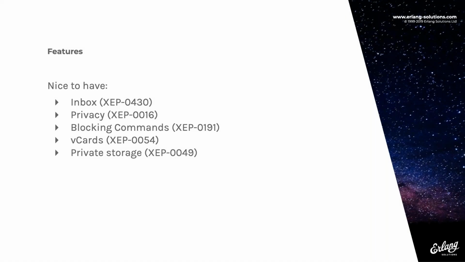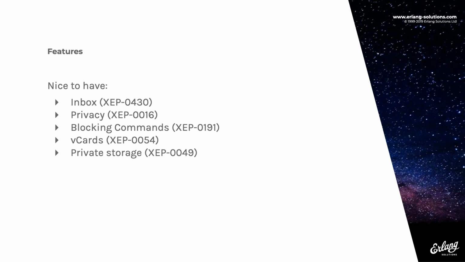There are things that are not strictly essential, but in most cases they are nice to have. Like inbox. Again, if you open a chat client, you usually see a list of your contacts and a marker saying you have 300 messages and the last message is about this or that. So this is what inbox does. It sort of caches this information so that you don't have to download your archive and manually, so to speak,